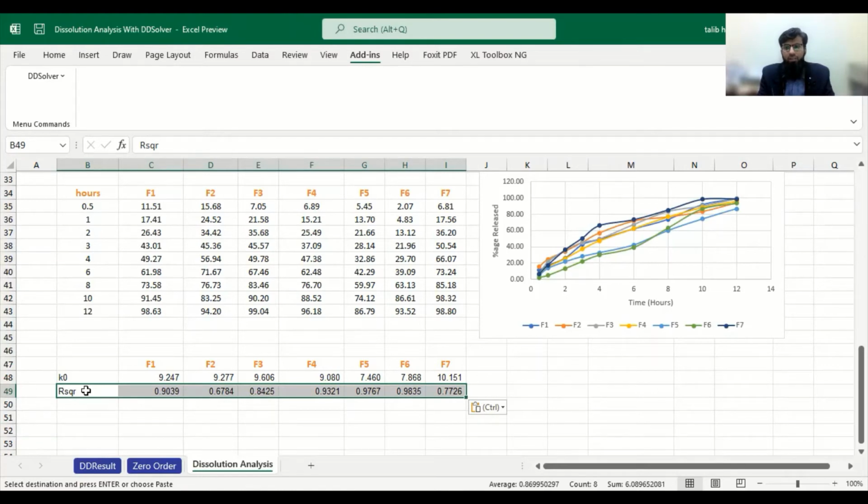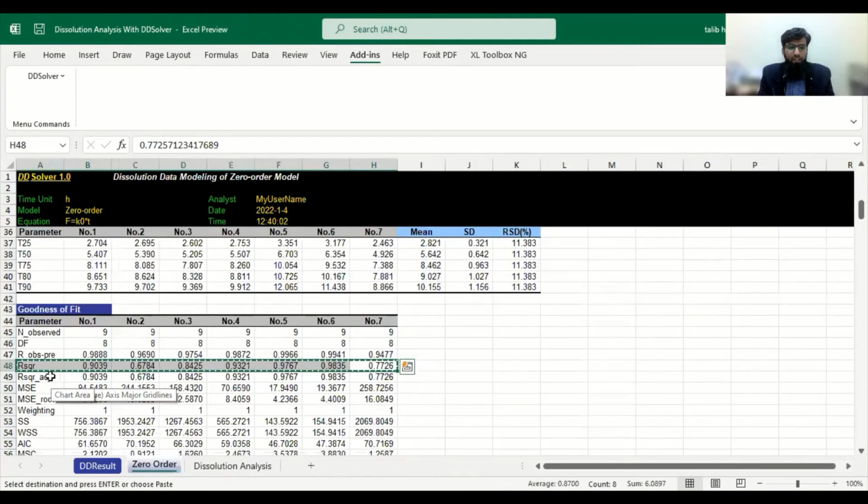It will be given by the regression value, as we applied regression on the calibration curve. The calibration curve was suitable or fit for analysis when the R square value was near to 1. So a similar criterion will be applied to sample values also. This is the analysis of the samples. So R square will be pasted over here.